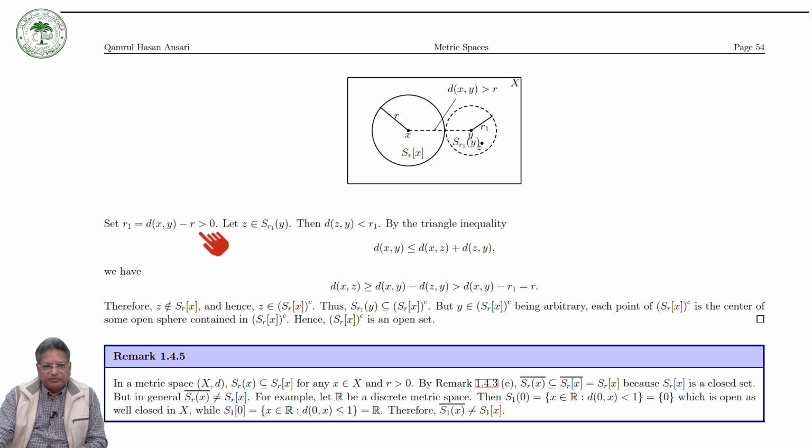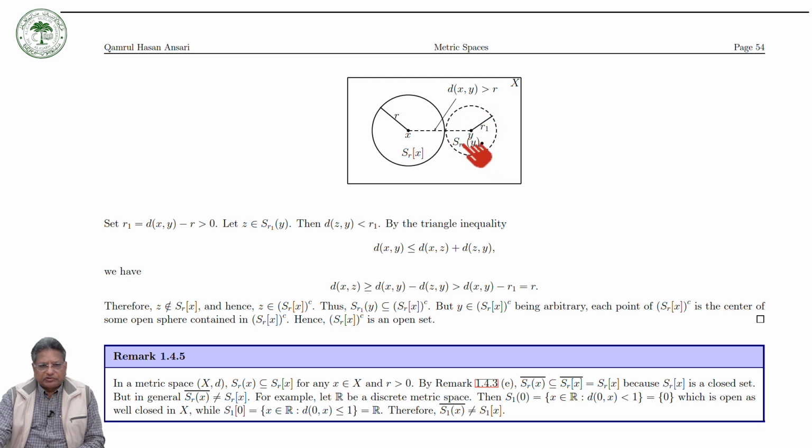With this r1 we can form an open sphere with center at y and radius r1, and we will show that it is contained in the complement of this closed sphere. So y is the center of the open sphere with radius r1 contained in the complement of this closed sphere. Let us take z to be a point